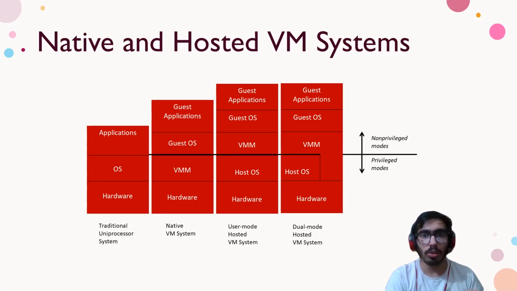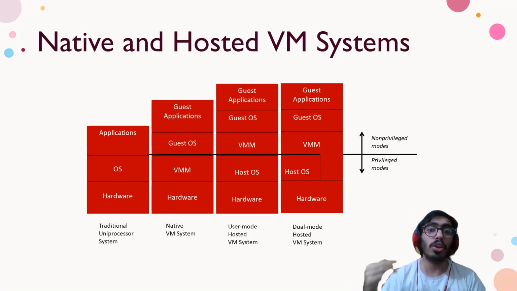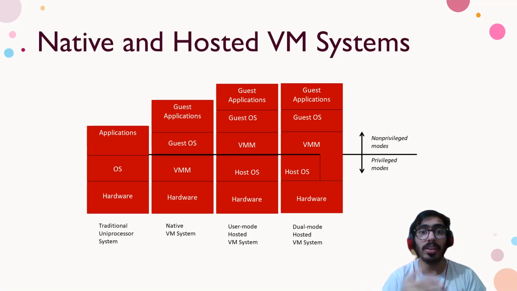One is the traditional uniprocessor system, which is basically the hardware and one operating system running on it. The second one has a special VMM system, a virtual machine system, on which we can run many separate guest OSs. But here, there's no main operating system. You'll always have to run one of these virtual machines. Now, the third one is the one that we're all familiar with. We have our host operating system, the virtual machine running on top of it, and then many different guest OSs.